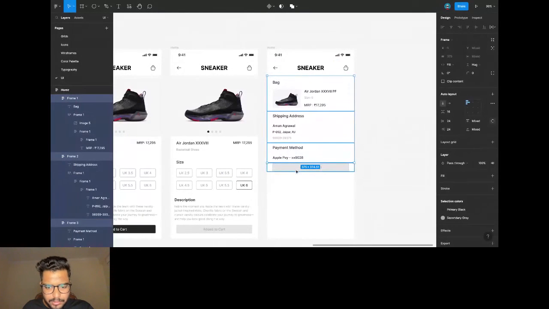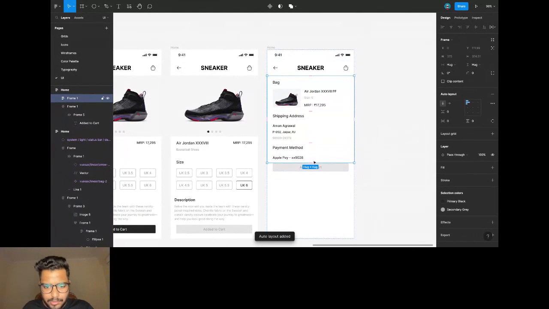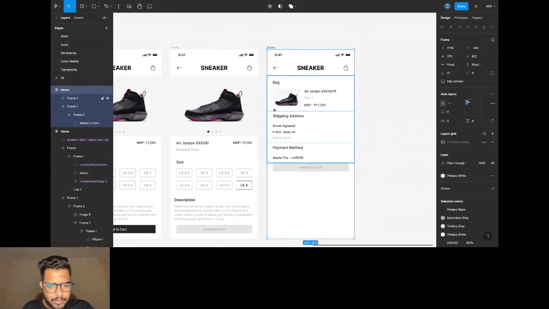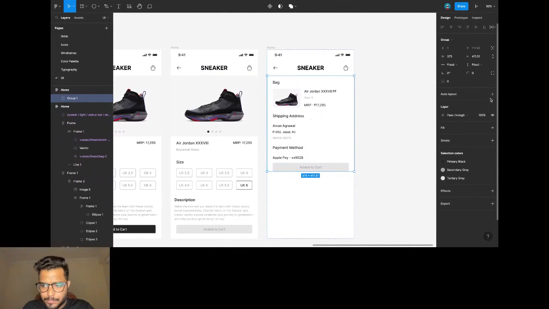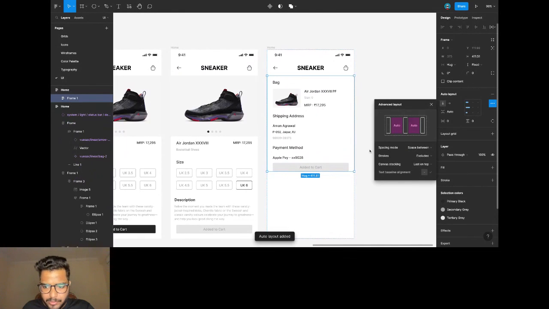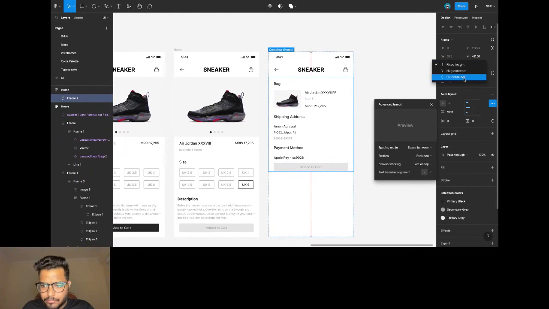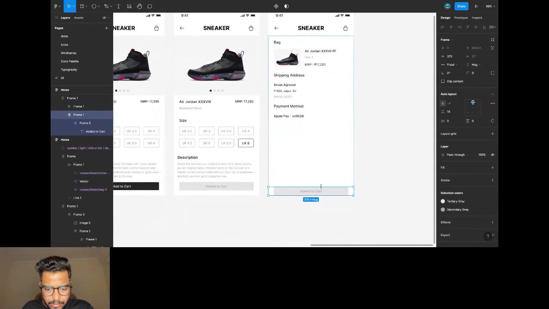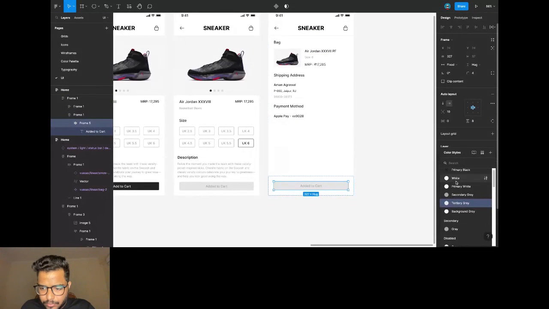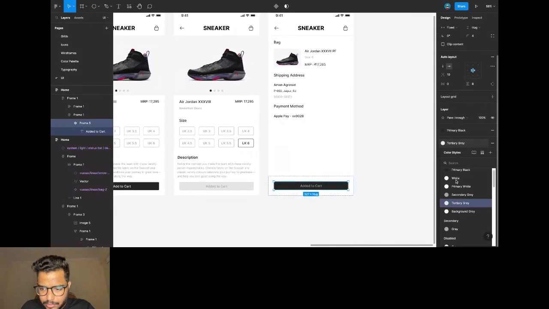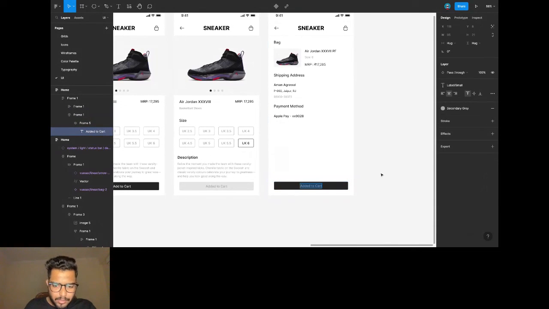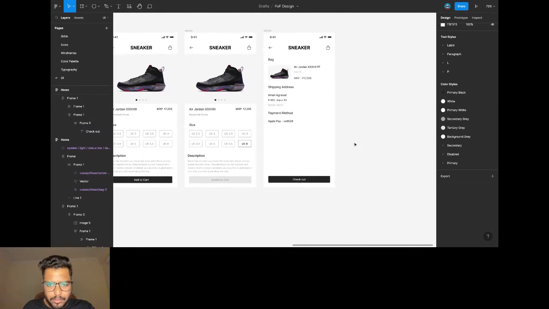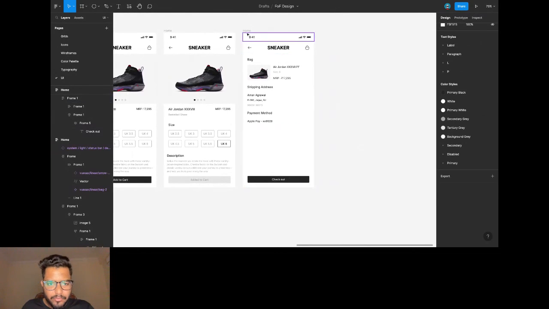All right. So let's group all this and this. And spacing mode should be space between. And we can fill the containers. Here we can have some padding. So for this we can have the primary color over here. Check out. Awesome. So after checking out, we can